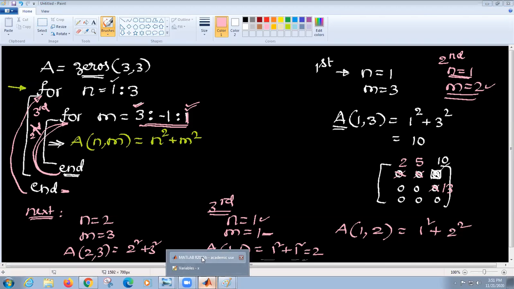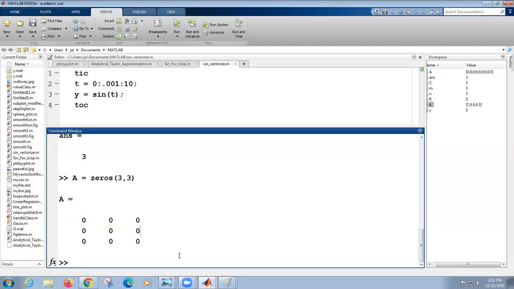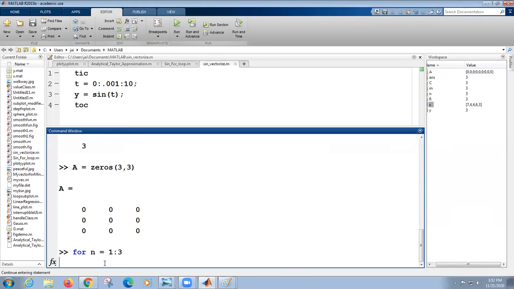Now I will generate a matrix, you see. Now directly I will take a for loop in the command window. I have this option. I can take this for loop, but I cannot define function files. I'll tell you later what a function file is. So for n is equal to 1, 2, 3, because I know there are 3 rows and 3 columns, but we can also make this dynamic. I can input some number, and accordingly the loop will change in the range. For n equal to 1 to 3.